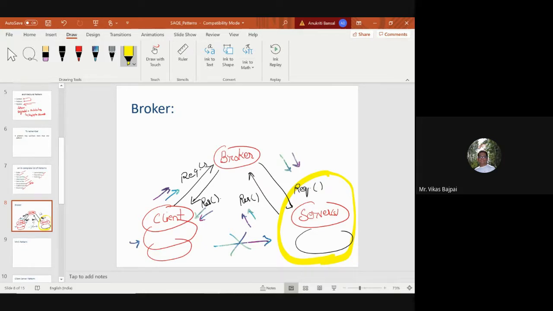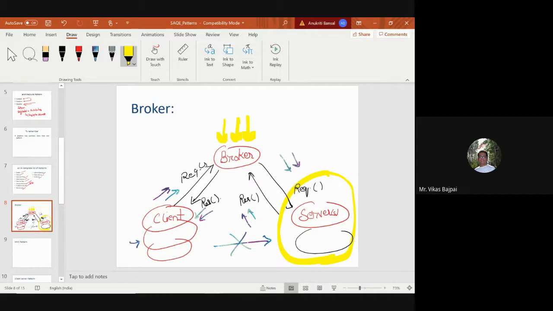So the major advantage is that the client has no clue from where this response is coming. The client only knows about this broker, that it is getting this response from this particular broker or this particular machine or this particular VM, or you can implement it based on any particular tactic. We'll also talk about tactics in our next class. Tactics are also very interesting. Today's class and next class are going to be very interesting, because we will look into some of the things which we are using on a day-to-day basis, but we are not sure what is being used and what it is called.